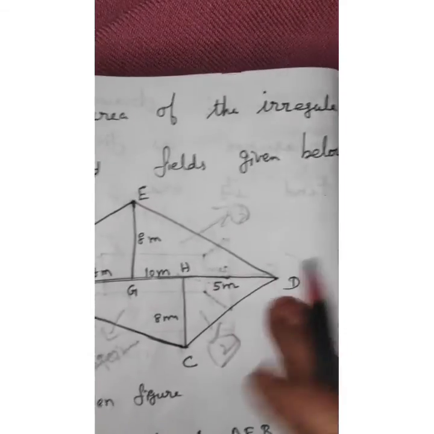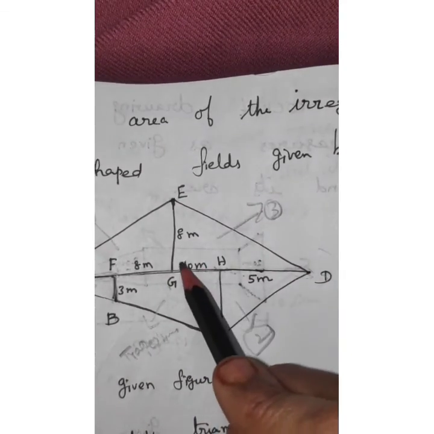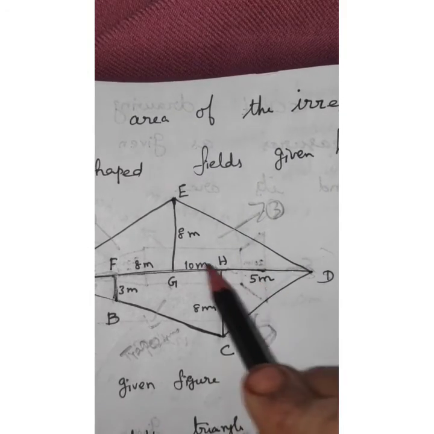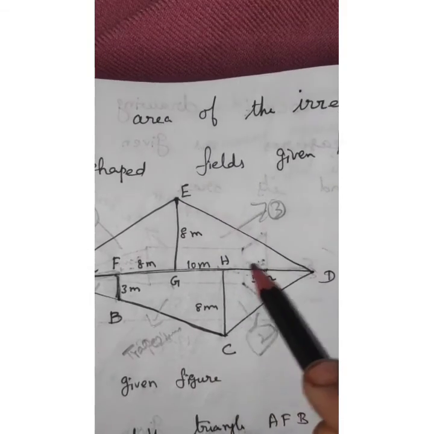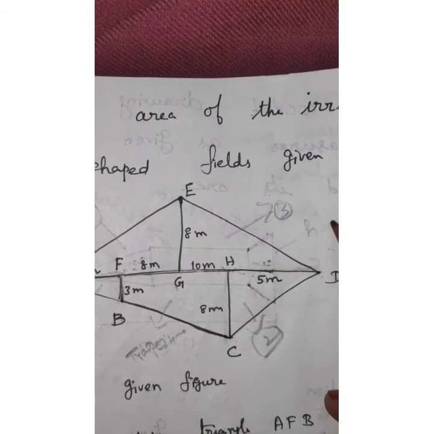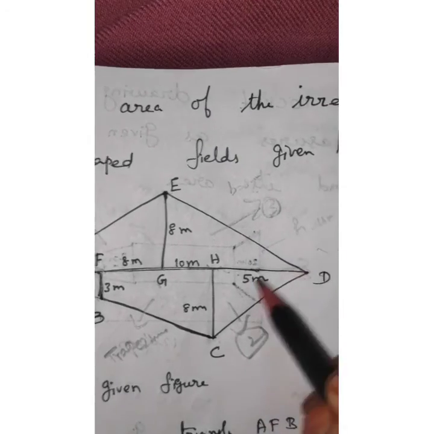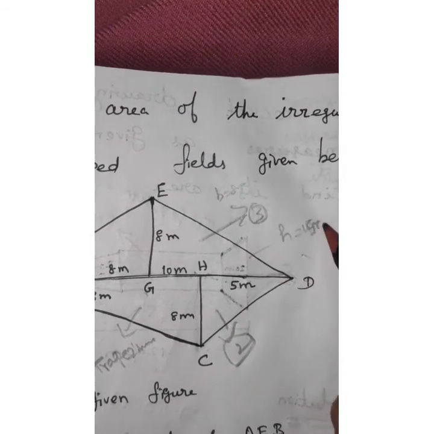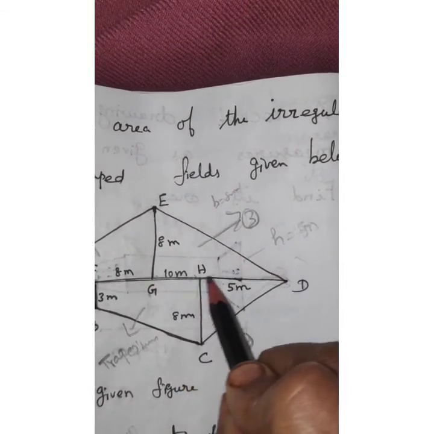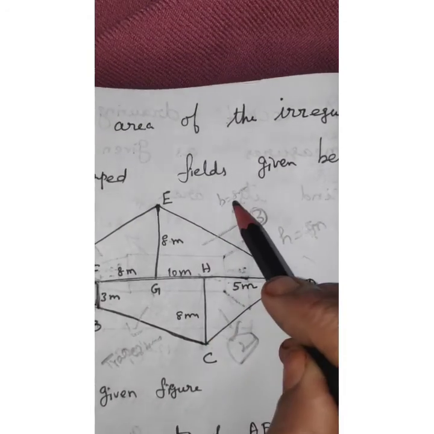Second step is completed. Third figure: first see this full length DGH, this full height. So 10 plus 5 equal to what? 15. Now this one for height equal to how much? 15 meter. Base equal to 8 meter. How is it coming to 15 meter? These two together make the full length, 10 plus 5 equal to 15 meter. Base equal to 8 meter.